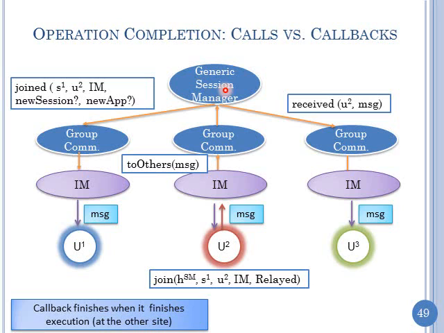The operation completes once everyone who has received the join notification has completed their callback. So the operation completes when the callback at the other side completes. Yes. So when it finishes execution at the other side. So this guy doesn't just queue the callback, it waits till that callback is invoked. And when does this call finish? Supposing I make the join call, if this join call was going to be synchronous, it will block until